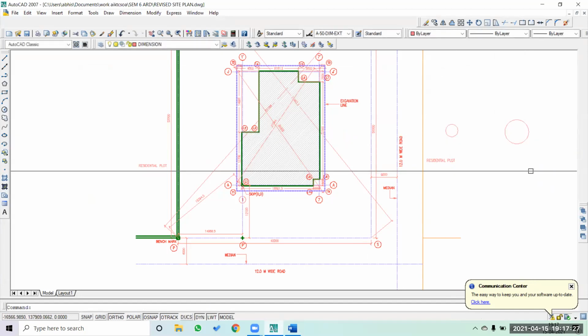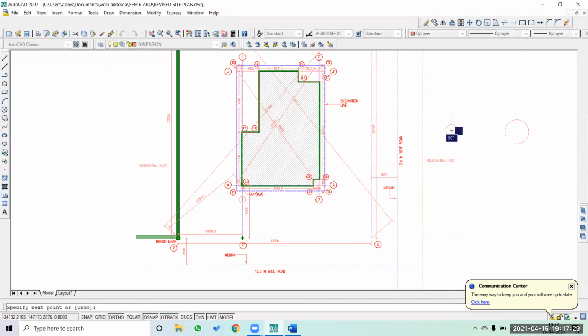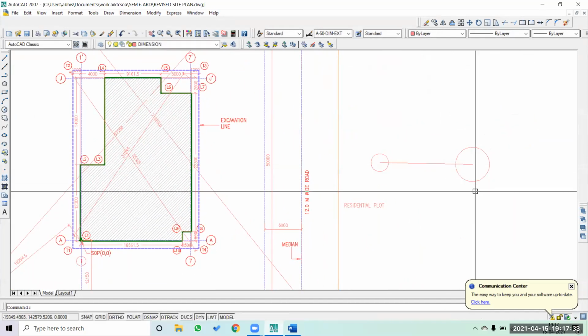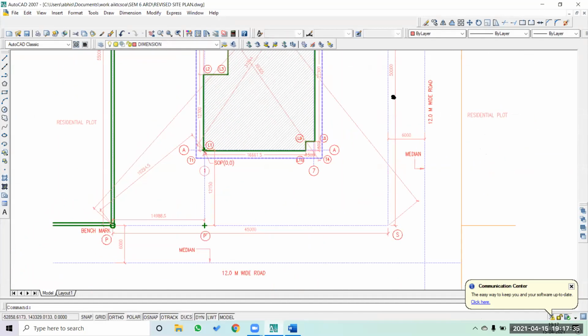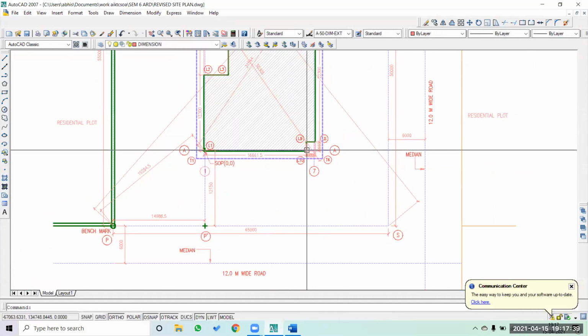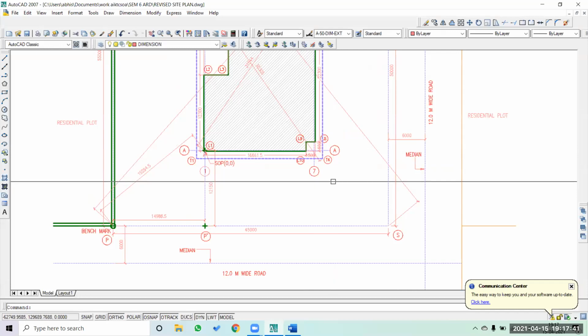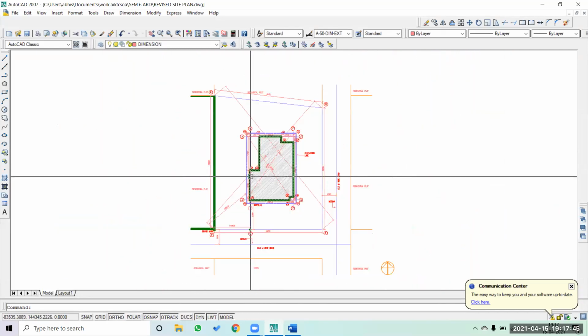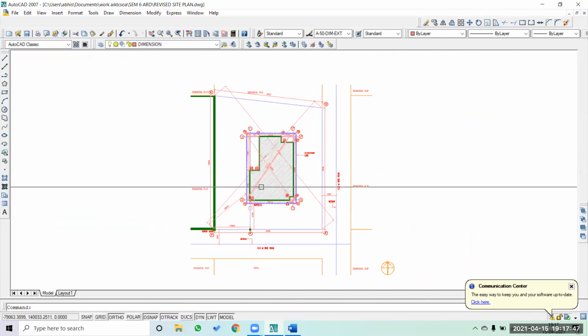Then I'll take this line and join these 2 points and it will become a line. Similarly, on site, in actual, you have to have minimum 2 points so that you can have a parallel or whatever straight line you want to mark on site.